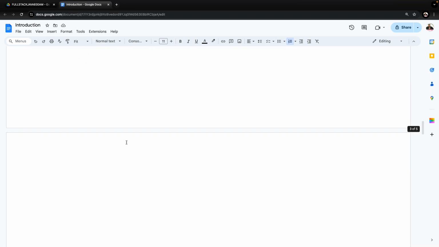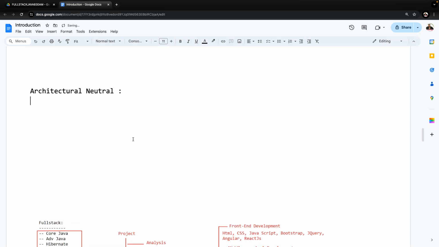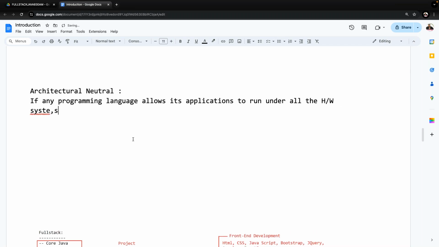Right. Now let us understand the next one, architectural neutral programming language. The third feature is nothing, sir, very simple. Observe carefully. If any programming language allows its applications to run under all the hardware systems,